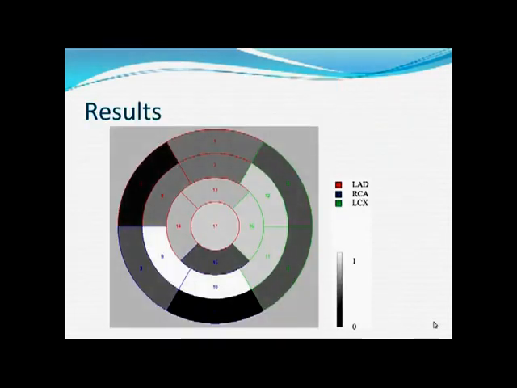And finally, in our result section we have shown that a neural network based approach is considered here for classification purposes, and disease is considered present if the percentage of diameter stenosis is more than 70%. And here we can see the territories of the 3 coronary arteries, LAD, RCA, LCX, are color coded, and this